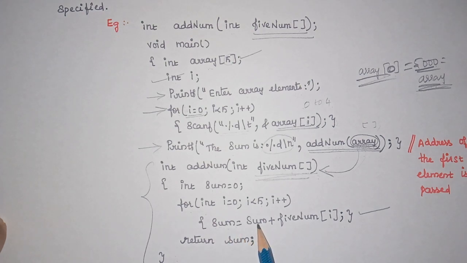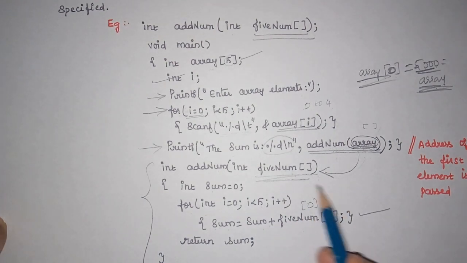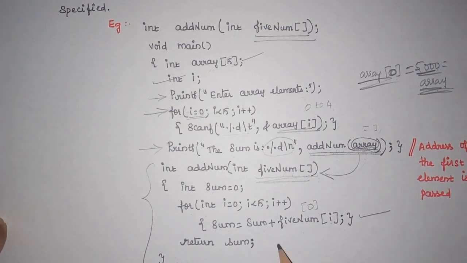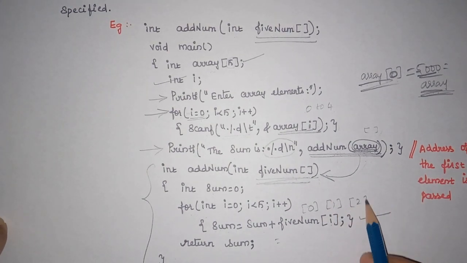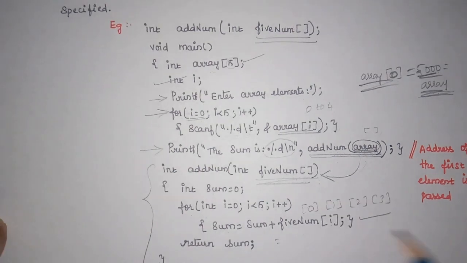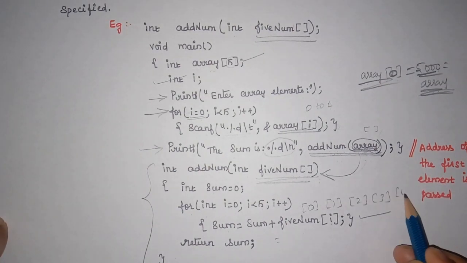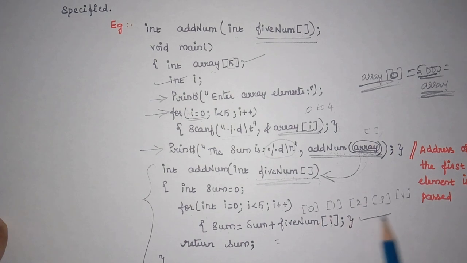So inside this for loop we have the formula for performing the sum of elements of an array. That is, sum is equal to sum plus the array name with index value. First it will take the first element, that is at the 0th index value. Then after this for loop gets executed, it will take the value present at the first position, then the value from the second position, third position. In the same way it goes on up to the fourth position value, and it will perform the sum of all the elements here by this formula.